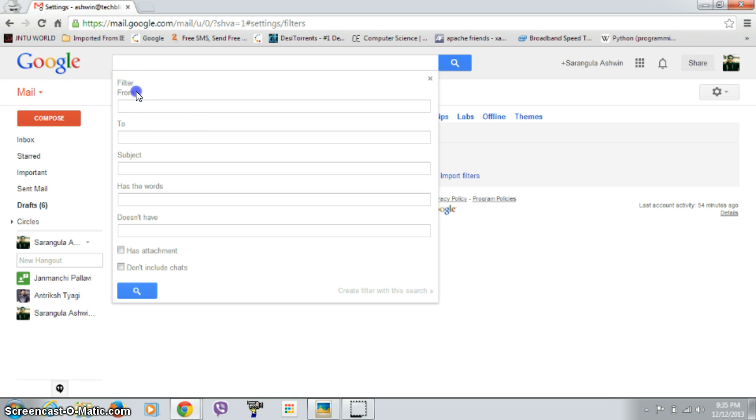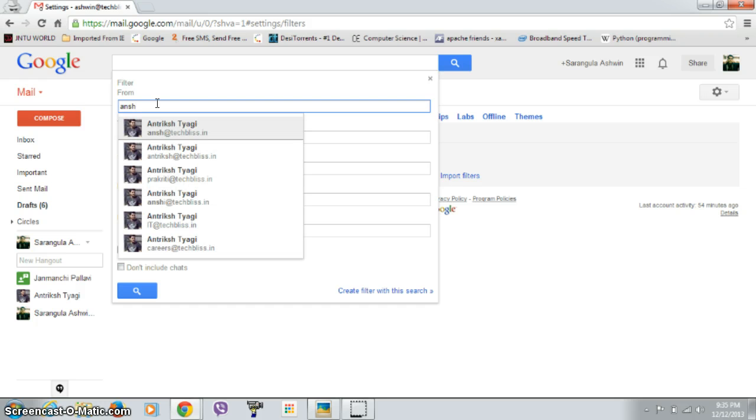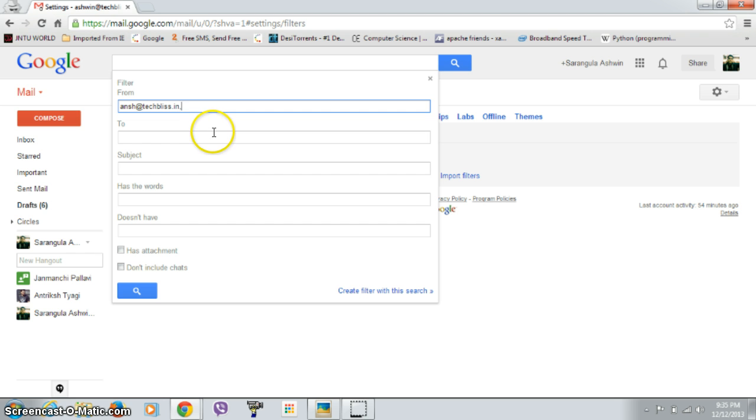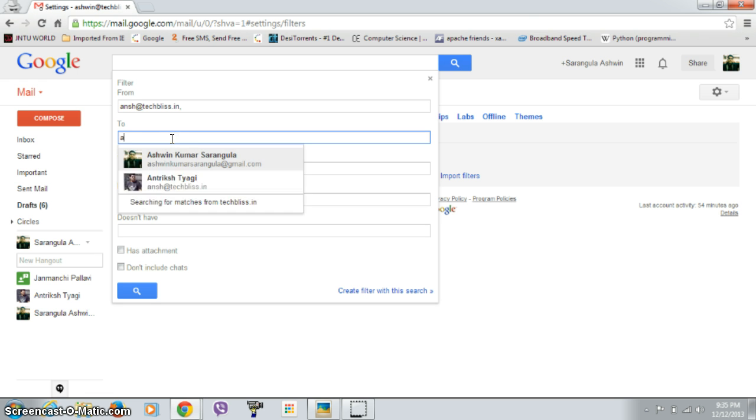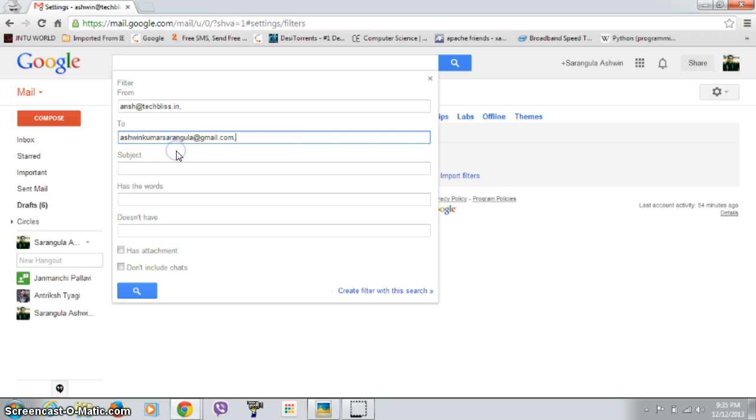If you see here, the From, that means I need to give the name of any email address or any of my contacts to give a filter from based on the names. If I give it, I can select this, or else I can just give the To address. That means I can create a filter for the mails I have sent. I'll just give it, or else you can give the subject line of your mails, for example,